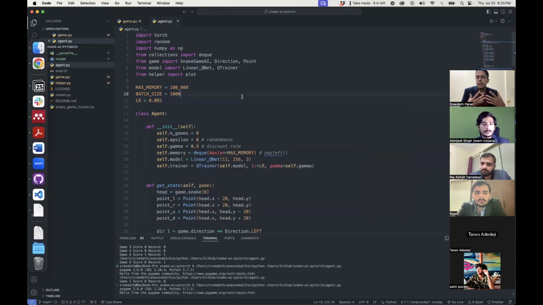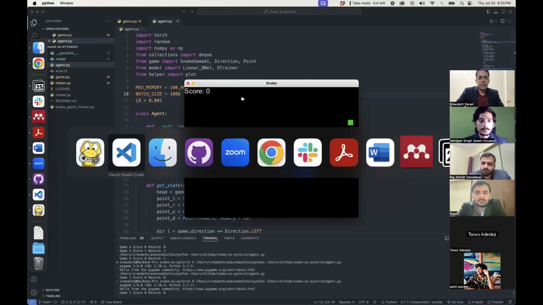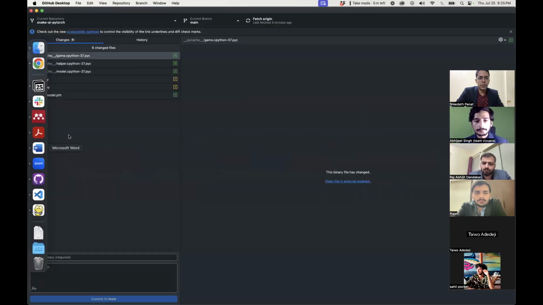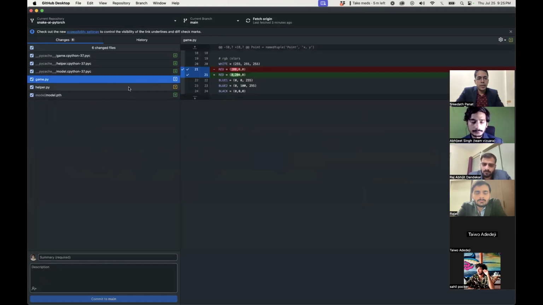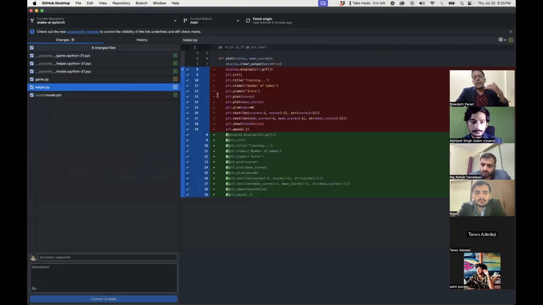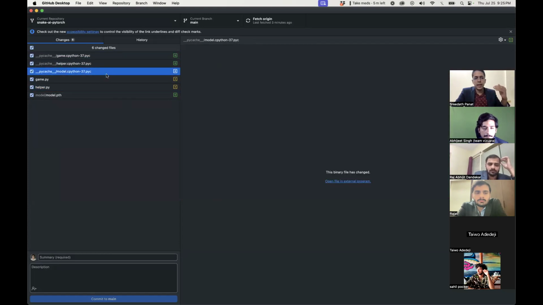So now where can I see this change? The change can be seen over here in GitHub Desktop. If you go, you see the changes that I made now. When you click each of them, you can see what did I delete and what did I add. All these things which you see in minus in red color are things that I removed, and all these things which you see in plus are the things that I added. If you compare these two, all I have done is I commented these lines of code. That's all I did, right? So you can see the changes that you made in each of